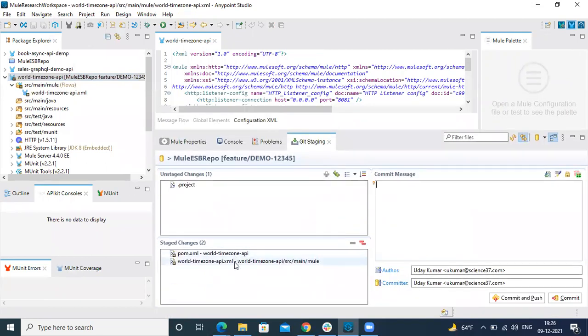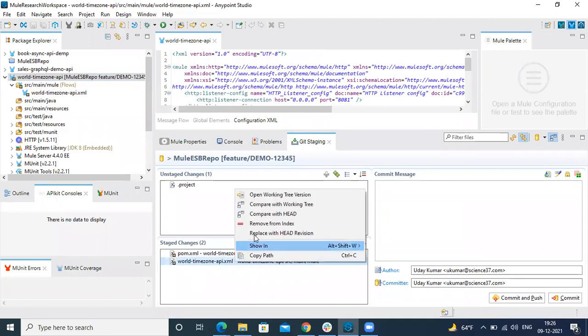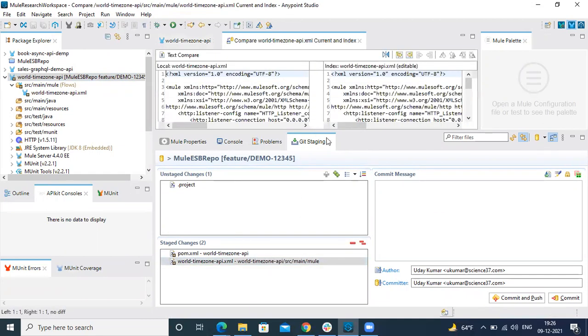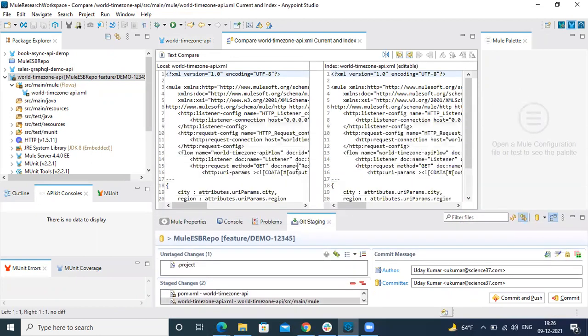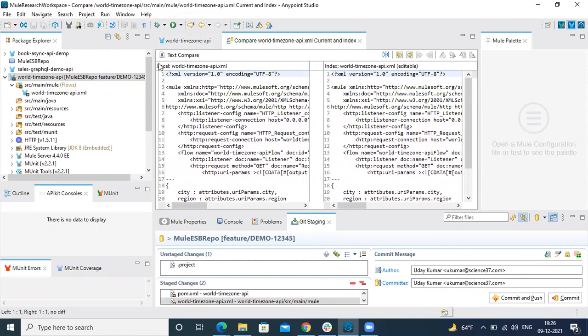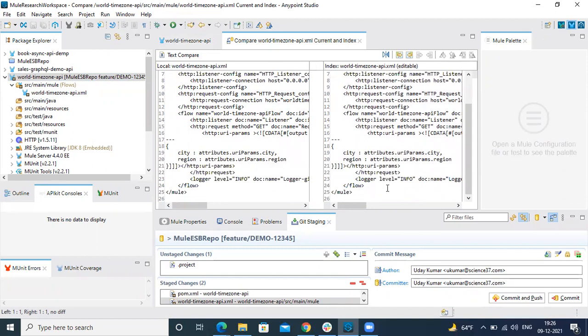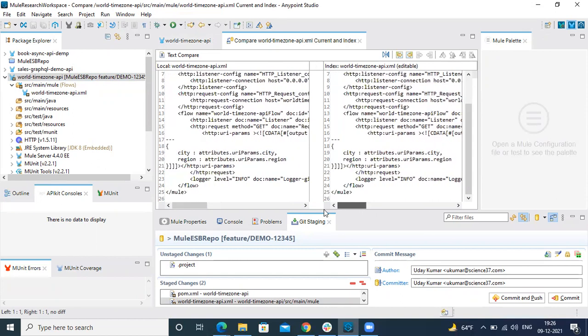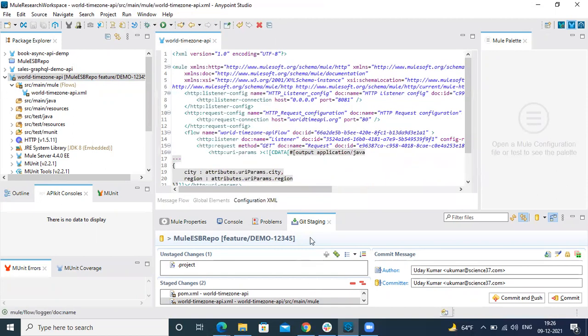I made the changes in this file, and you can also compare. You can compare this file. This is the local version and this is the other version. So let me check.